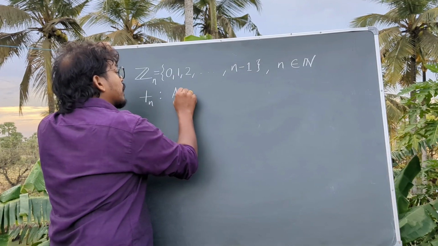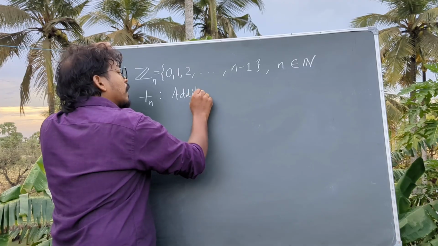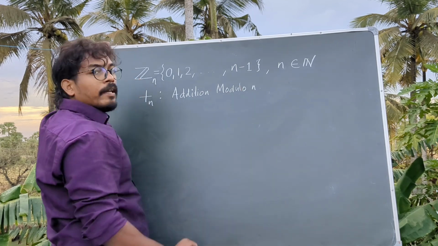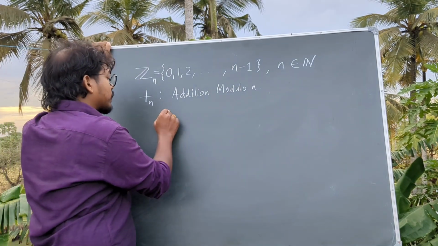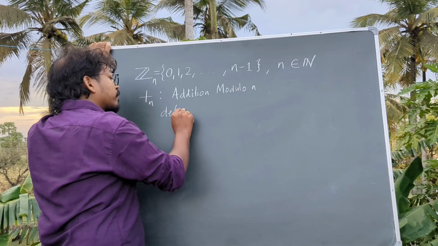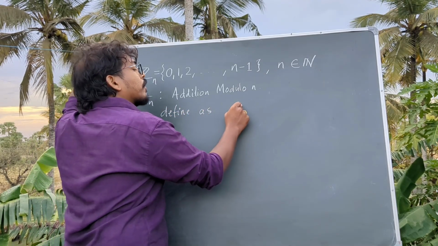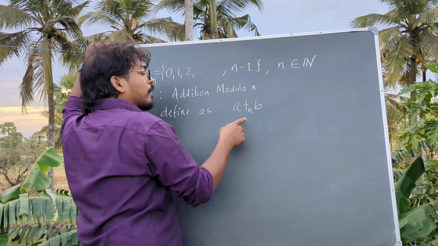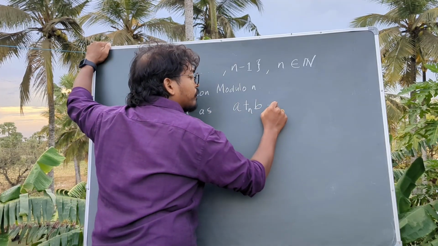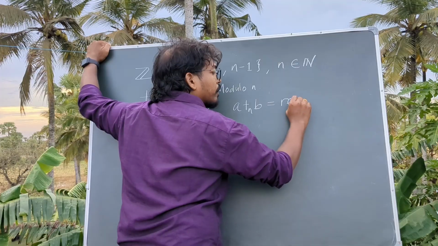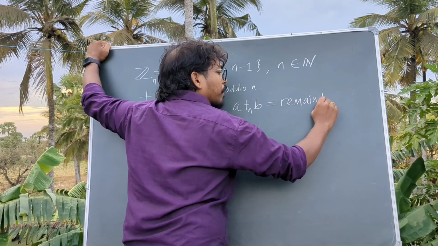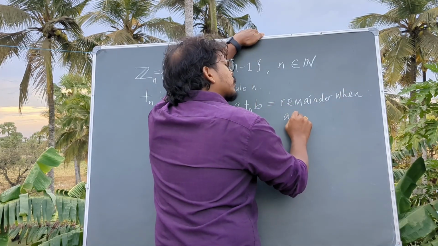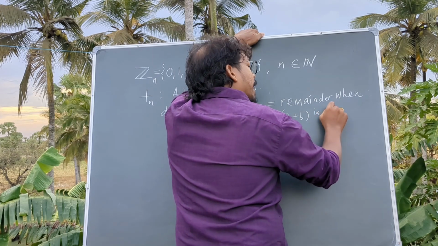The name is addition modulo n, and it is defined as I have said, for any two elements a and b, this addition modulo n will give the remainder when a plus b is divided by